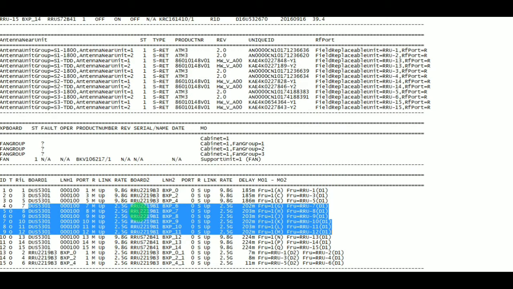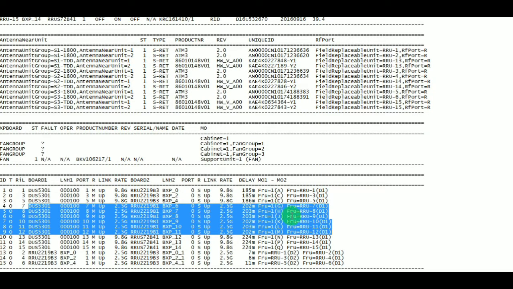These are the associated radio units at the far end. Far end link status is also up. This is the near end link status, which is nothing but baseband 6630, and this is the far end link status, which is nothing but the radio unit. The link rate is 2.5 GHz. The delay is 202 millisecond, 203 millisecond, again 202, 203, 202.